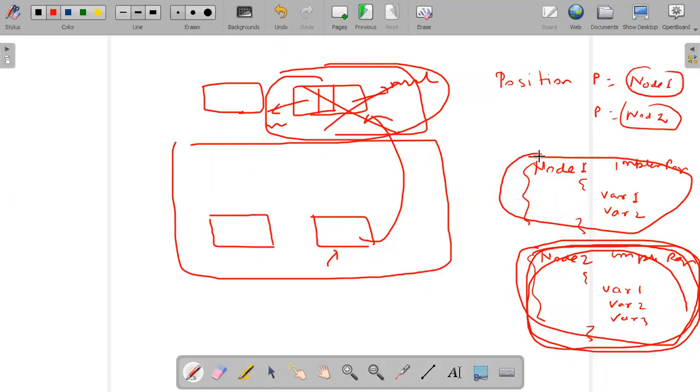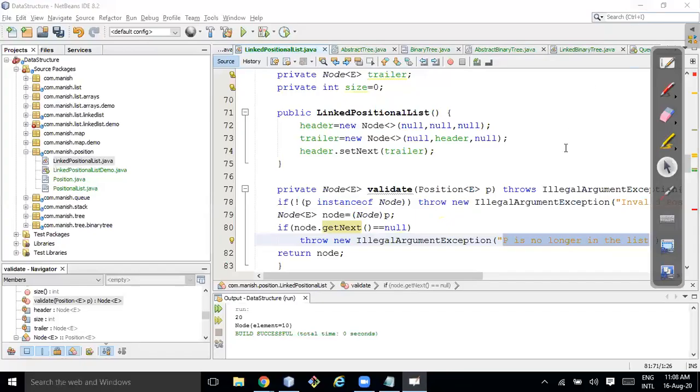It's the same as Mr. Mahesh being in the queue, but now I removed him. Once I say I removed him, I deleted who was before Ramesh and who was after Ramesh. If I deleted these two things, then obviously Ramesh is out of the queue. It makes sense, right? And then I'll return node. Any question?